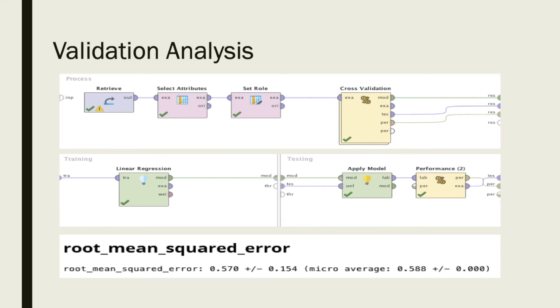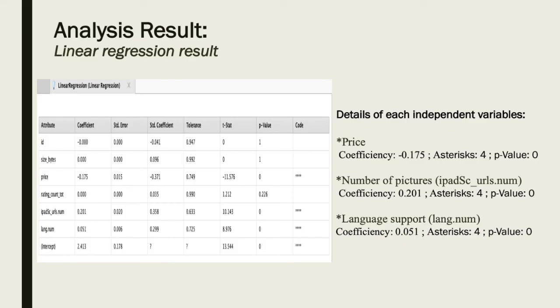Based on the validation analysis, the new RMSE is 0.57 compared to the former RMSE. The validation process reduced the error in the prediction of this data set, so the accuracy of the linear regression model is increased. The figure shows the result of the linear regression model of the relationship between the target variable and